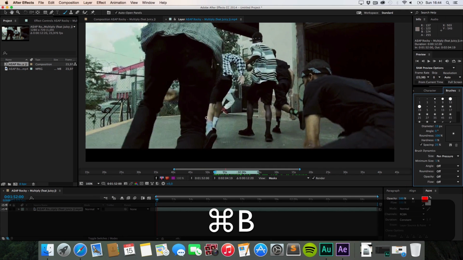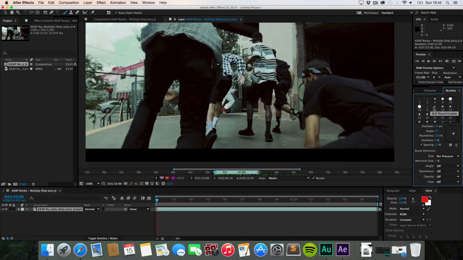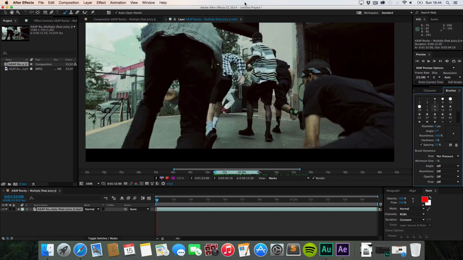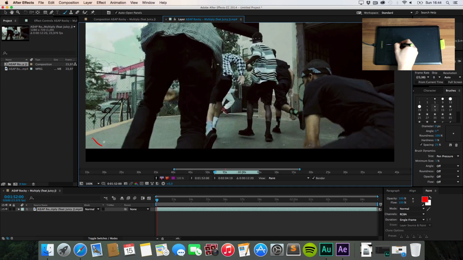Kind of drag out where I want to start, grab our brush, 9 pixels, soft round, then change the color. I want it to be red. And before we start, we need to change our duration to single frame, because I want just our brush that we're painting to live for one frame, because if you go to the next frame, I want another brush right there. So there's a little animation going on actually.